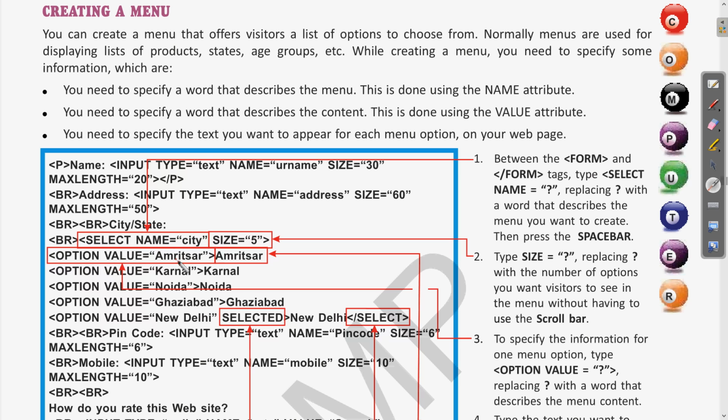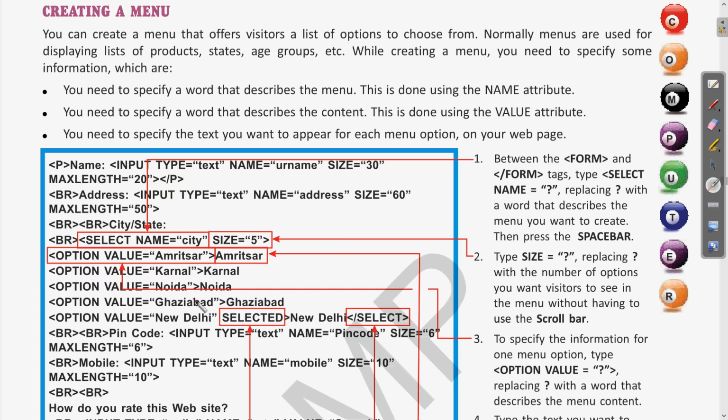Clear? Then the third is, you need to specify the text you want to appear for each menu option on your web page. So these are the value names and this is the text like Amritsar, Karnal, Noida, which is given after closing this. So this text is going to appear on the web page.